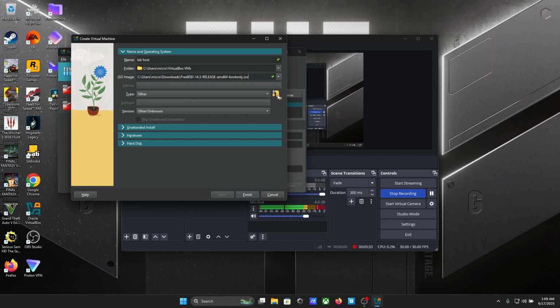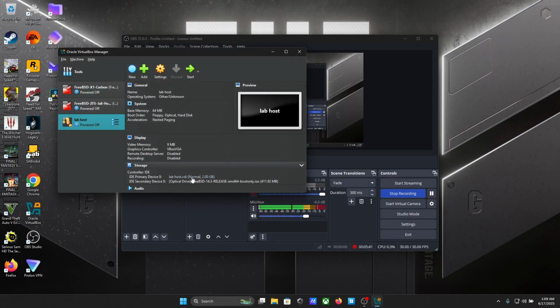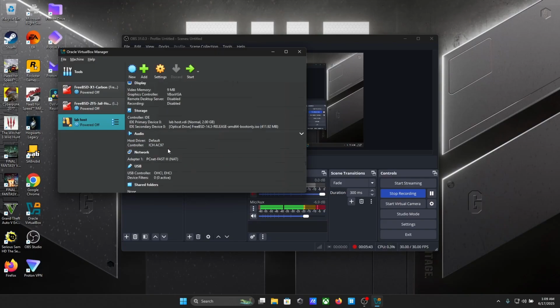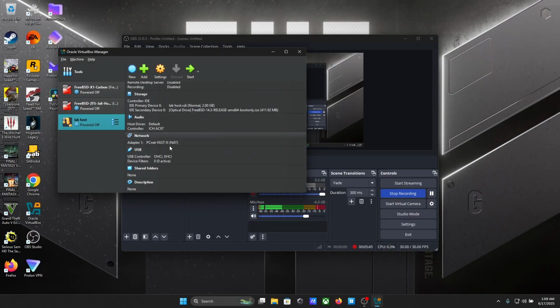And see how it changed it to other. If you left it on other and you finished, you're going to notice that your network, where's the network? See how PCnet-FAST is the type of adapter. That's going to show up as a different driver in FreeBSD, and then